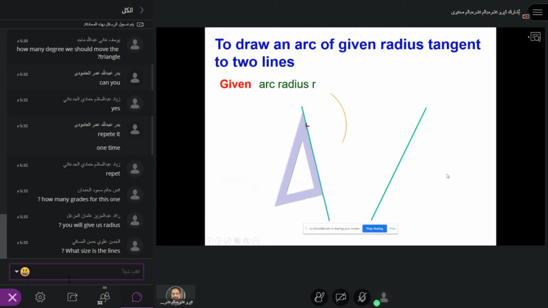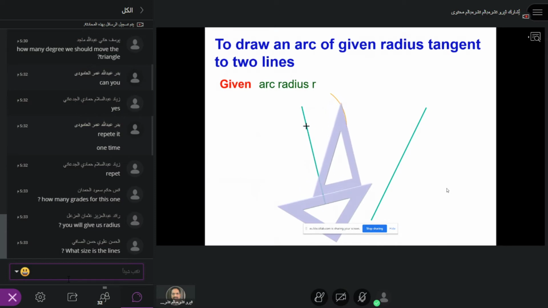And then somebody is asking about the angle. You know what you do? First use the triangle or the tri-square parallel to this line, keep it, and then draw the parallel line or the tangent by just sliding it. There is no need to use an angle for the triangle. You understand? Let me go back again. See how they did it. First they draw the radius and then put the triangle parallel to this line.